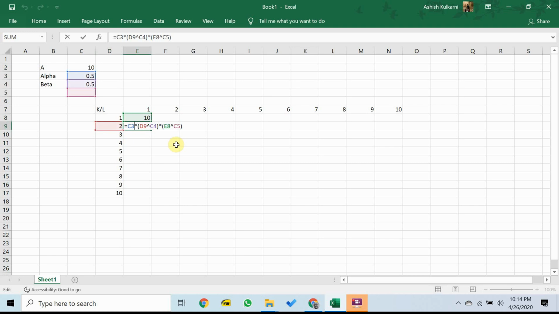There's a problem. The problem is when I copied the formula from here to here, unfortunately, what Excel decided to do is copy the inputs one cell below as well. 1 became 2, which is great, but this one should have remained 1. It should not have now become 10. Similarly, 10 should have remained 10, 0.5 should have remained 0.5, and 0.5 should have remained 0.5. But that unfortunately ended up not being the case. Everything has moved one cell below. If this did not make sense to you, feel free to take the video back about 30 to 40 seconds and you should be able to hear the explanation once again.